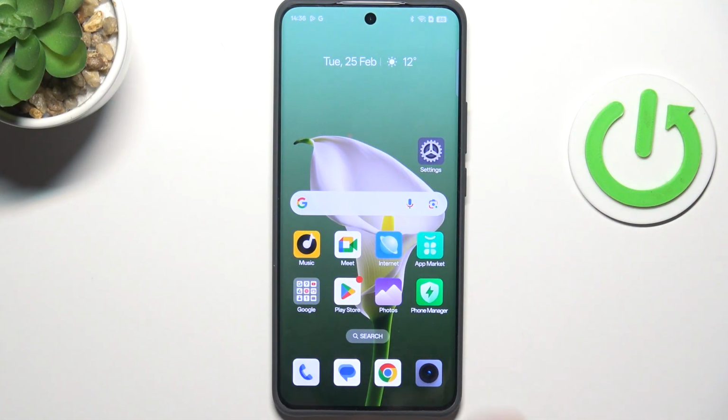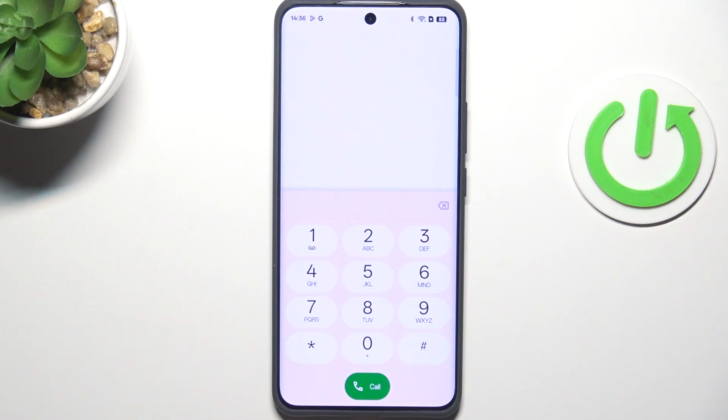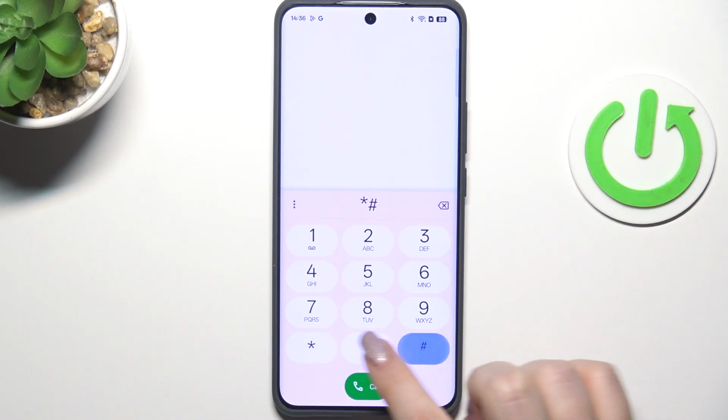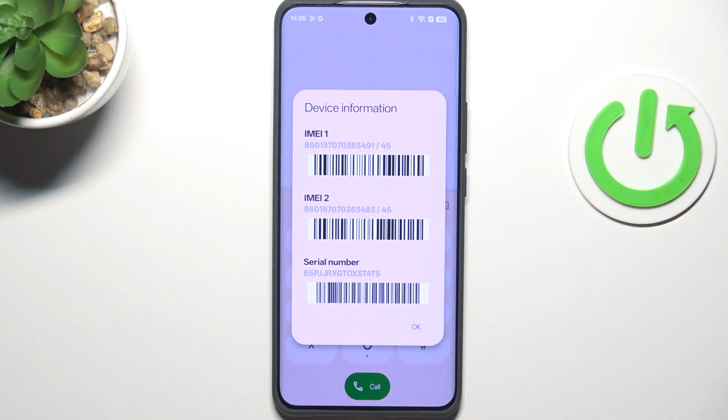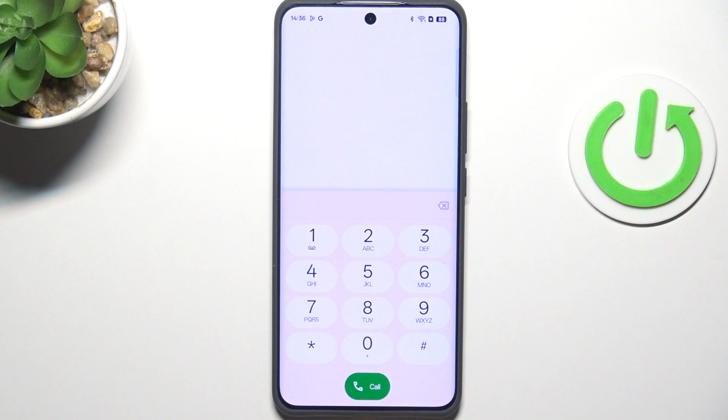So let's start with opening the dialer and begin with the shortest code, which is *#06#. And as you can see by this code, we are provided with both the main numbers and the serial number of this device, so let's confirm it. Let's tap on OK, and let me show you another code, which is